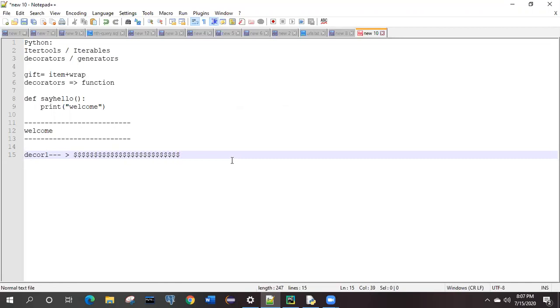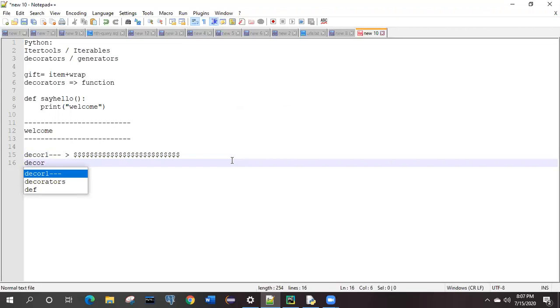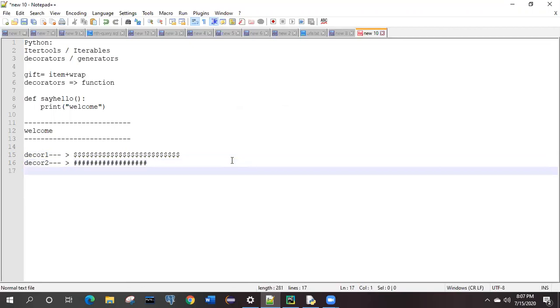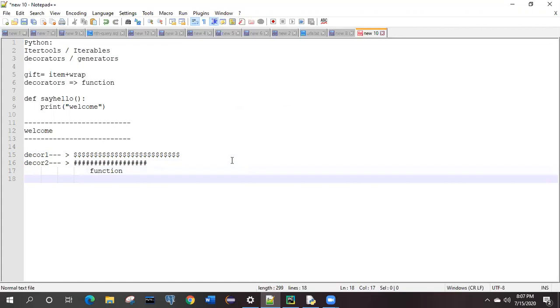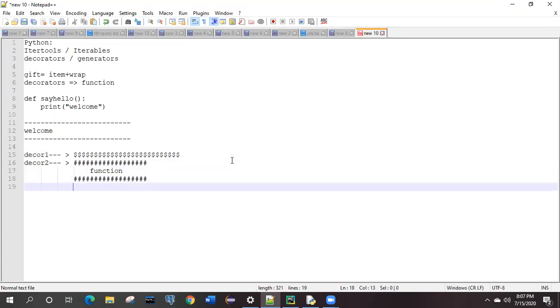There is another function, decor two, and whenever it is applied to any function, it will print the hash. And I want my function over here. Let me just make it full.